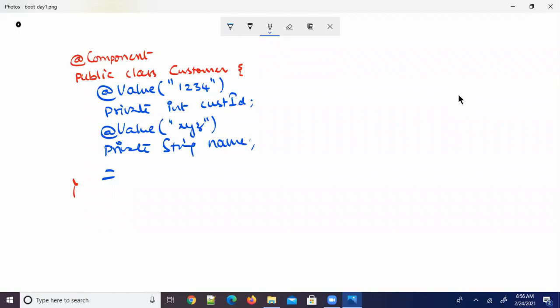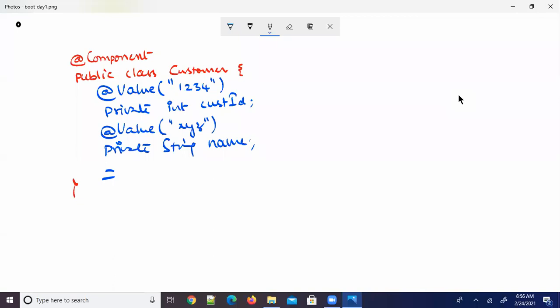So name injected as XYZ to this name property, nothing but to this variable. This is also called a dependency. Now this customer has two dependencies, customer ID and name. Both the dependencies are value types. And to inject the dependencies, we use an annotation called @value.